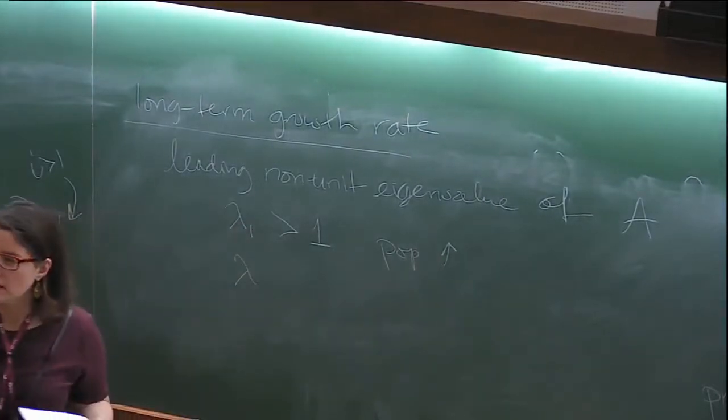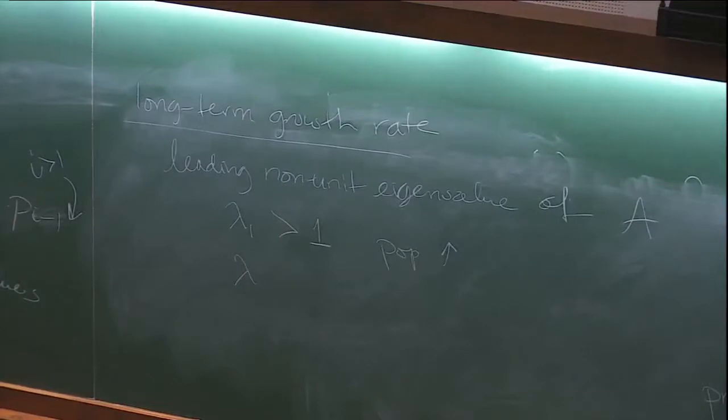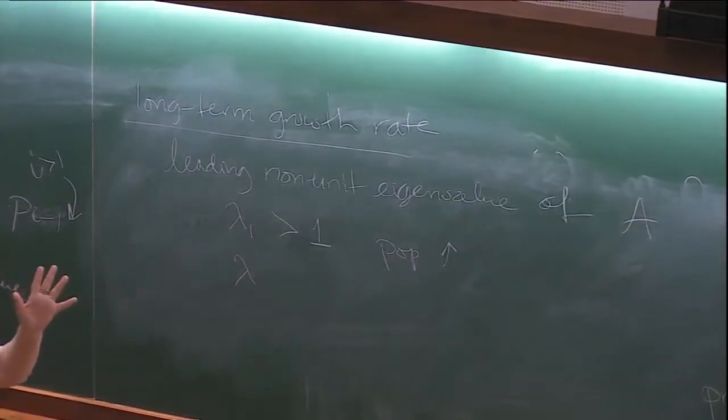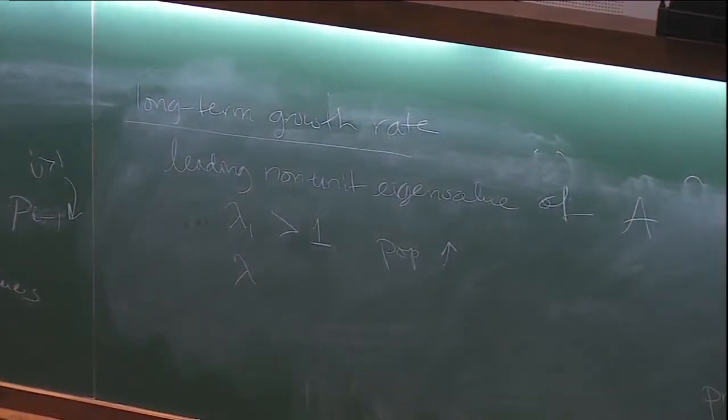Yes? Yes, it could. It absolutely could. I have some examples where I'm going to show some complex ones. Well, actually, it's the magnitude or the complex conjugate. Is it possible that the largest is unreal for a Leslie matrix? All the elements are positive, so it shouldn't be. The largest should be real.